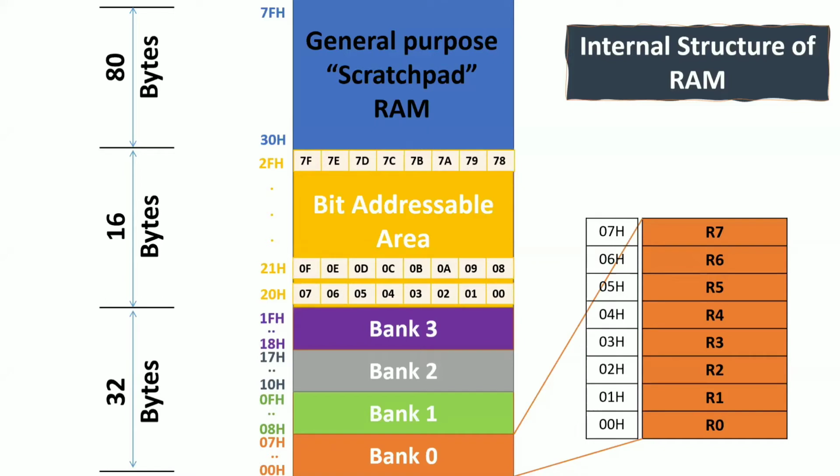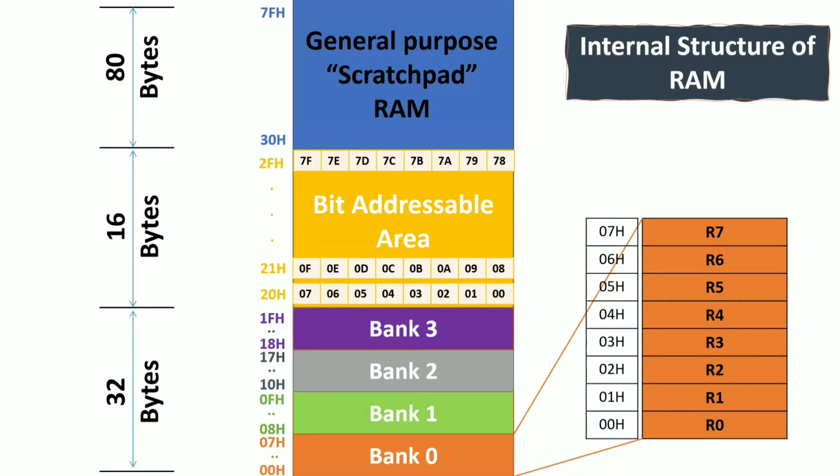Now you will get a question, one you should even have asked yesterday. Sir, we have a total of 32 registers. Why are they named R0 to R7 and why are they made into banks? Why haven't they made the registers R0 to R31? Because it reduces the number of opcodes. This is the reason they have been divided into banks.